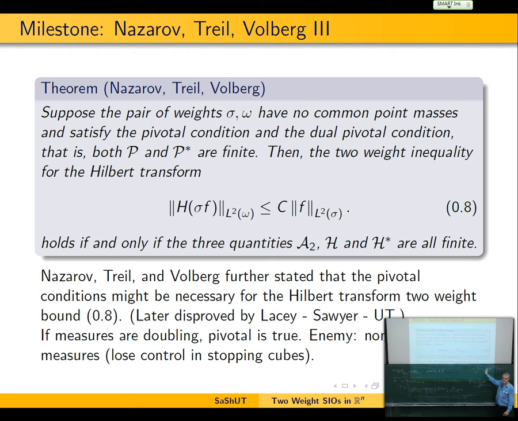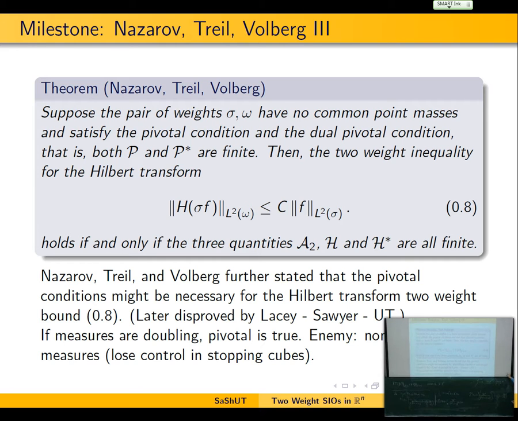If you do this, the same masses of sigmas, etc., this satisfies the weighted norm inequality, but it does not satisfy the pivotal condition if you choose the parameters appropriately. Okay? So this is supposed to tell you a bunch of things, but one of them is, as I told you before, you're just moving it a little bit. So this problem is extremely unstable. So forget about numerical experiments. And it shows, in a sense, or it hints at how delicate this kind of thing is. No? But anyway, this is an example that works.